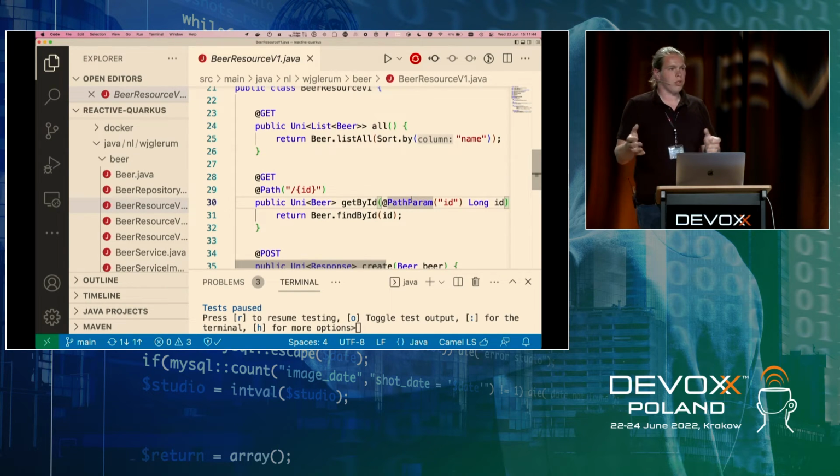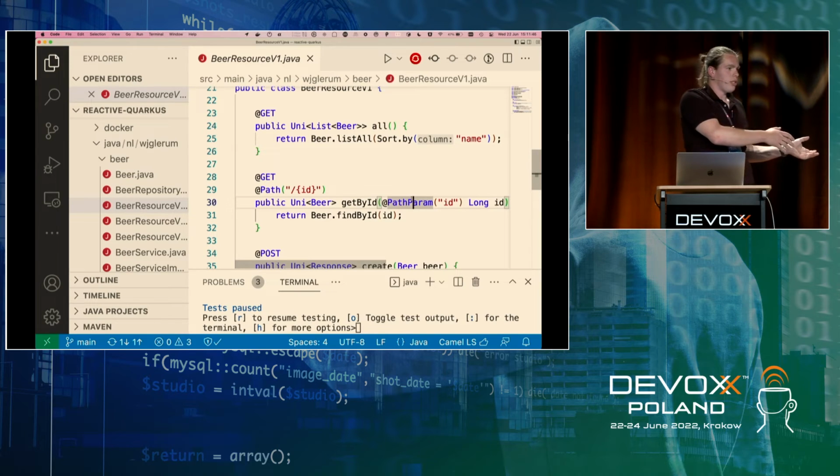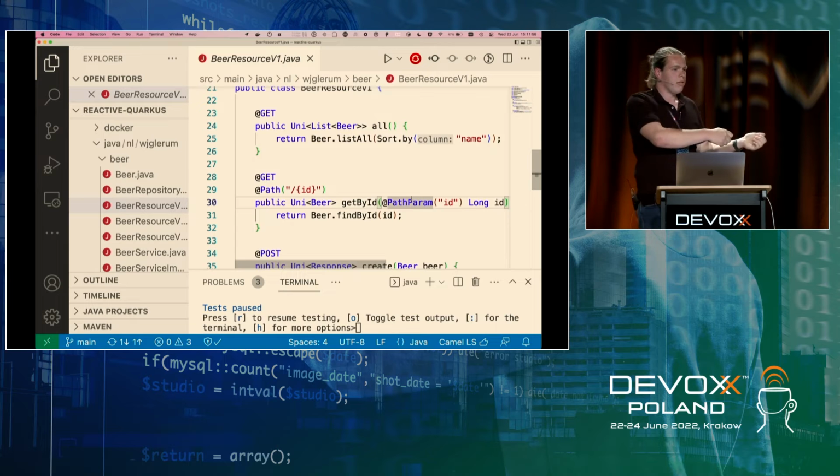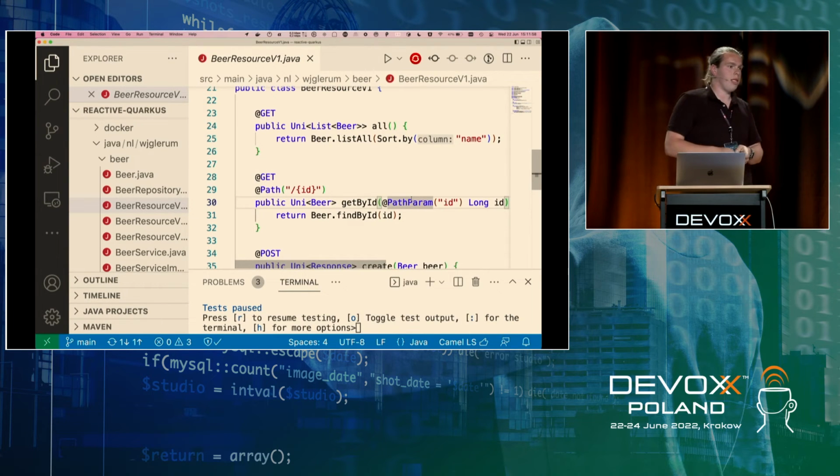So the database will just come back with that list of beers. And if I'm in the client, I want to get that list of beers in one go. If you would use more of a streaming kind of database like Mongo, you could, for example, stream this end-to-end from the server to the client as well. And then it would make a bit more sense to use a Multi of beer. You get an infinite stream of beers. But in this case, we know the database is not too big. We just get a chunk of beers, and otherwise we'll use, for example, pagination to limit the sizes as well.